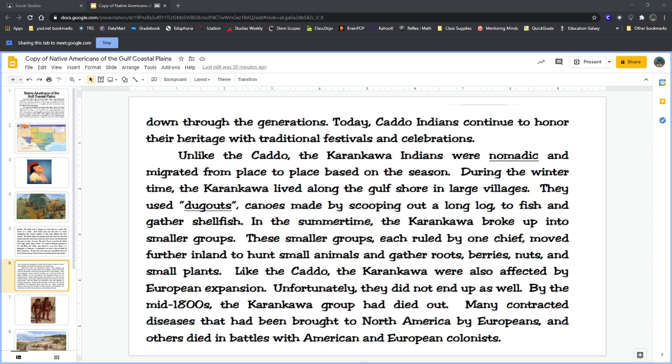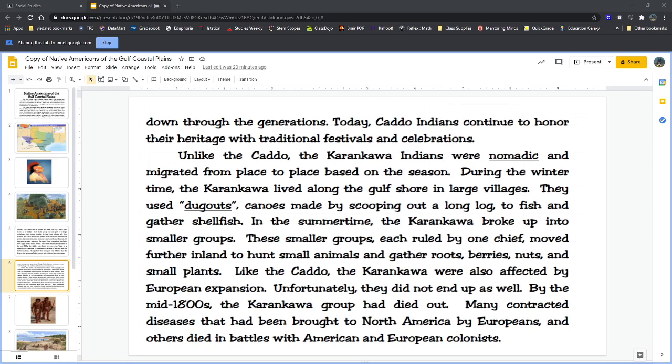In this case, the Native Americans' bodies weren't used to fighting the different kinds of diseases and sicknesses that the people in Europe had. So when the people from Europe came over and brought their sicknesses, their germs, their diseases with them, the Native Americans' bodies weren't used to fighting that off. So if they got sick, they got very, very sick. So a lot of them ended up dying because of the diseases. Not only that,